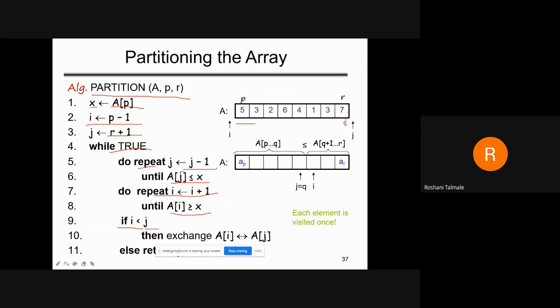Okay, so in this example, first we consider the complete array. देखो, j is less than x and A of i is greater than x, meaning these elements are always less and these elements are always greater. We have to increment the counter from p minus 1 and we have to decrement the counter. Okay. And finally, कभी न कभी we come to one point. In that case, if i is less than j, then we have to exchange it. In the final case, we have to exchange it. Okay, and in this case, each element is visited once.